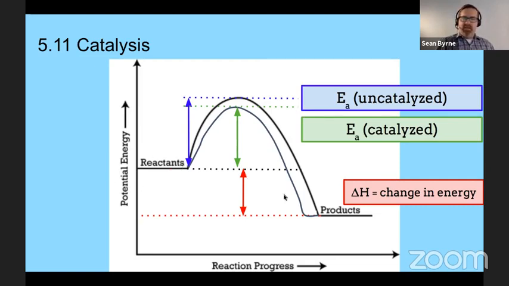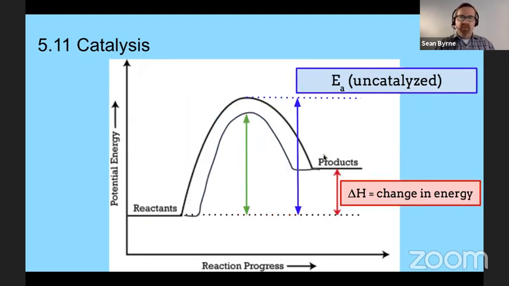Can you identify, is this exothermic or endothermic? It's an exothermic reaction. It has less activation energy for the forward reaction when it's catalyzed. So what we've done is we have the same reactants, the same products. Our delta H does not change, and that's a key part of a catalyst: it doesn't change the overall delta H. We're still going to get the same delta H out of this reaction. It's just the path by which it gets there that changes. The energy we have to put in, the activation energy, lowers.